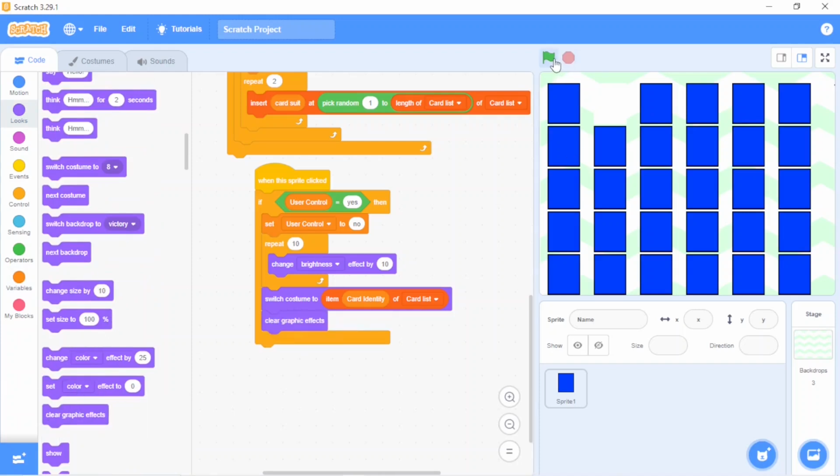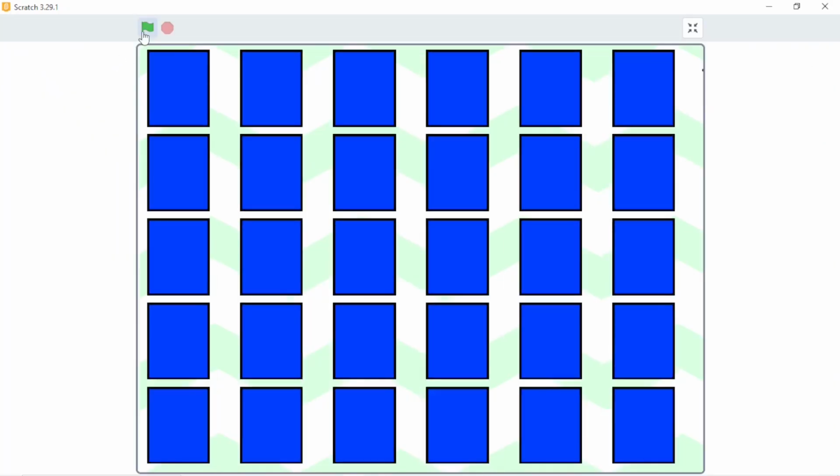Yes. I just click on the green flag again and I click any card. Oh, ball, right? Do you want to see again? When I click on the green flag and then click, oh, banana is here. Now you want to try it again? When you click, it will flip and we'll see the character present behind it. Okay, let me check another one. This one, apple. Yes, our game is going well.